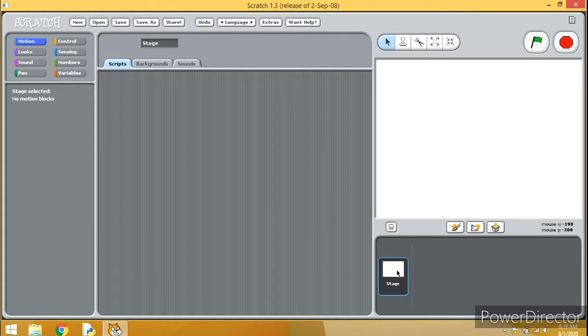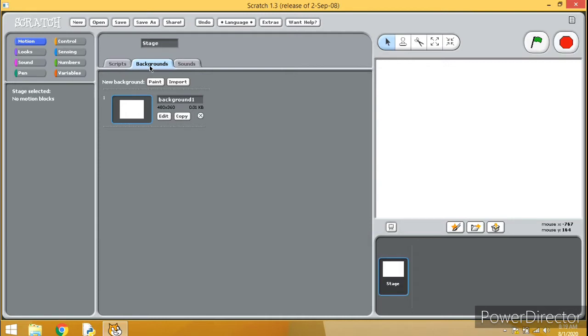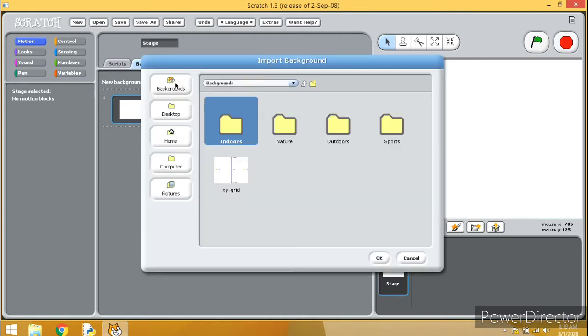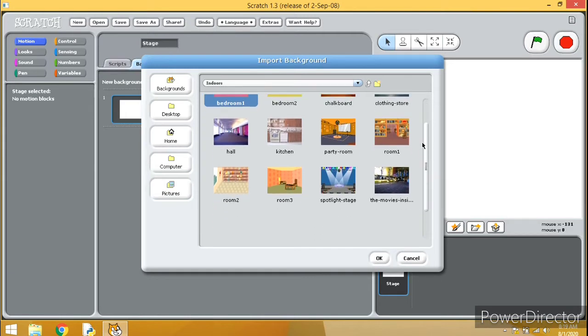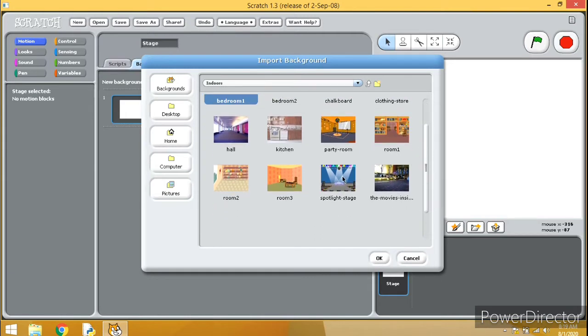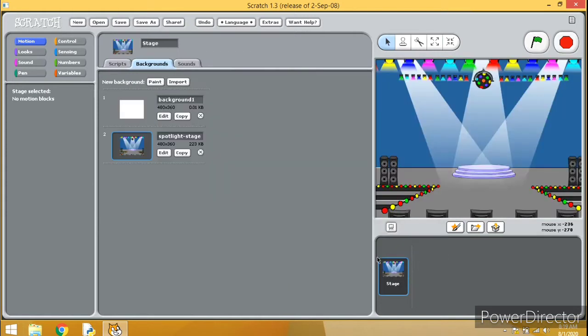So click on the stage, come to the background, and import. From this import we search for a dance stage. Here the spotlight stage is, so let us take this stage.